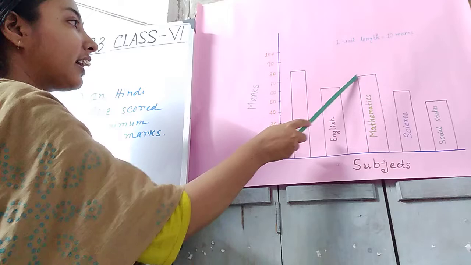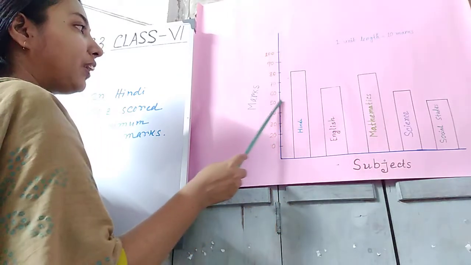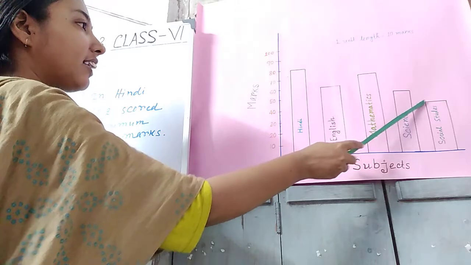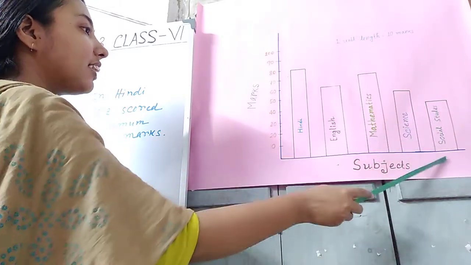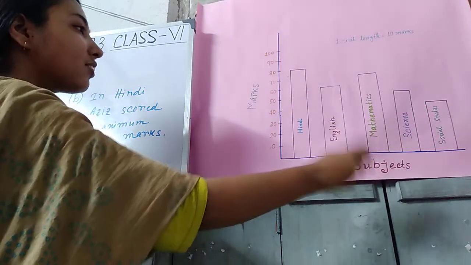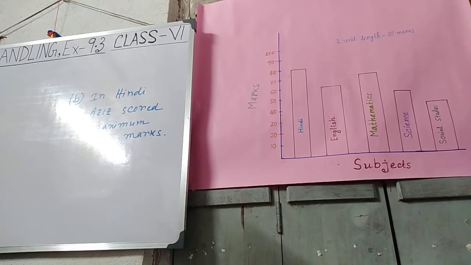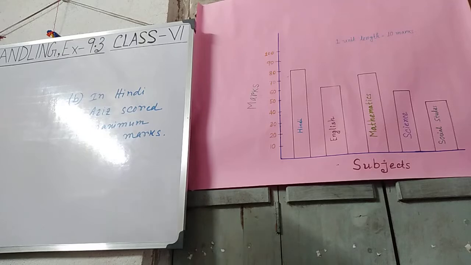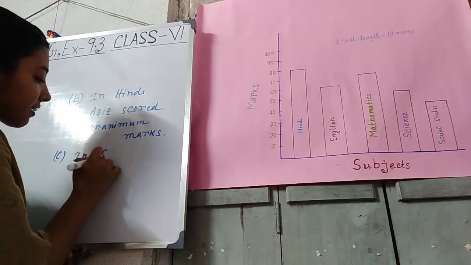Mathematics is indicating 70 marks. Science is indicating 50 marks. And social studies is indicating 40 marks. So social studies means this bar graph is having minimum height. So for answer it will be in social studies, Aziz has scored minimum marks. So question number C's answer will be in social studies,